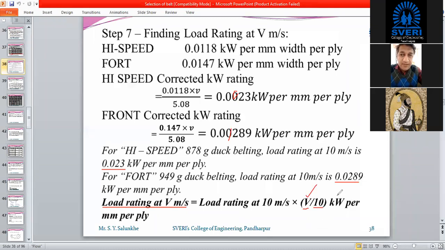And whatever power comes in kilowatt, that will be the power which that belt can sustain per mm per ply. So depending upon this load rating, we are going to decide the further selection of belt.